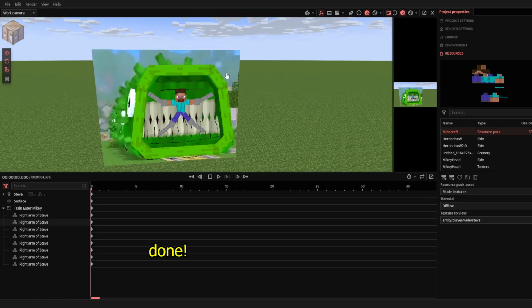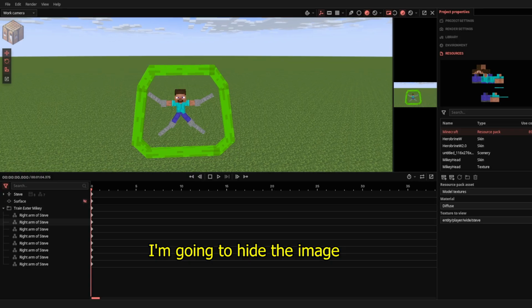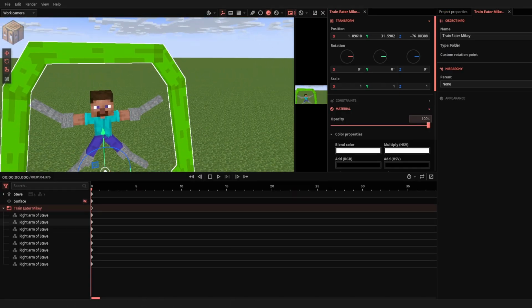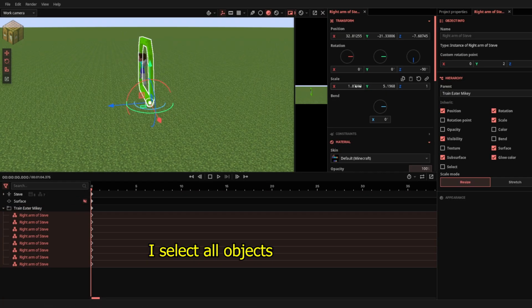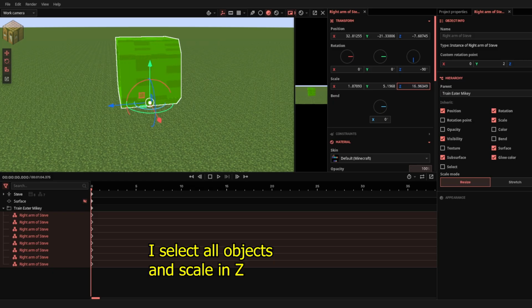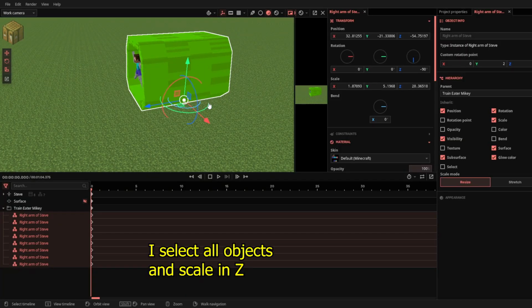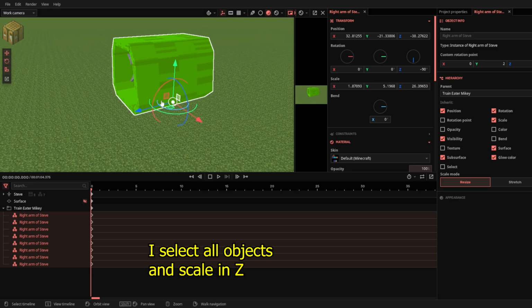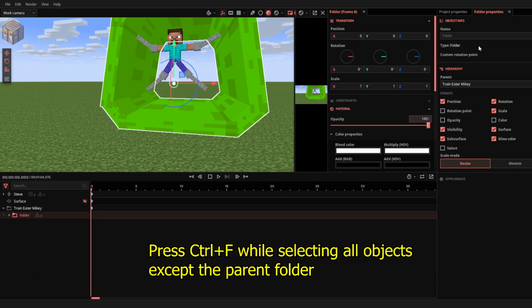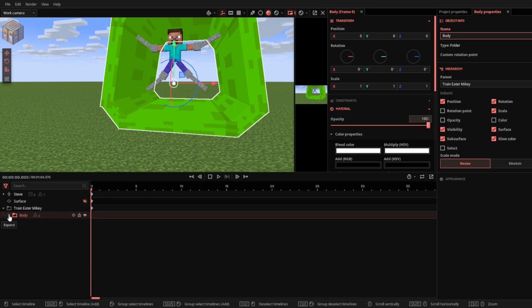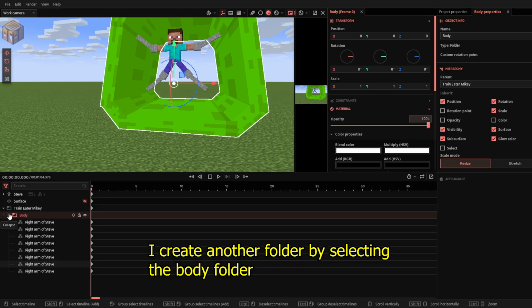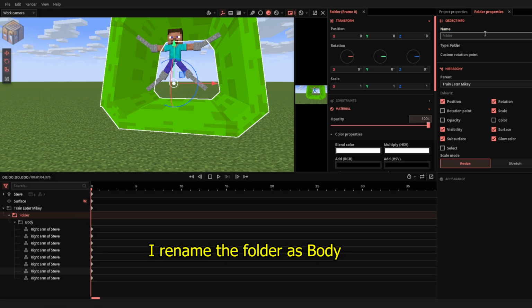Done. I'm going to hide the image. I select all objects and scale them. Press Ctrl F while selecting all objects except the parent folder. I rename the folder as Body2. I create another folder by selecting the Body folder. I rename the folder as Body,